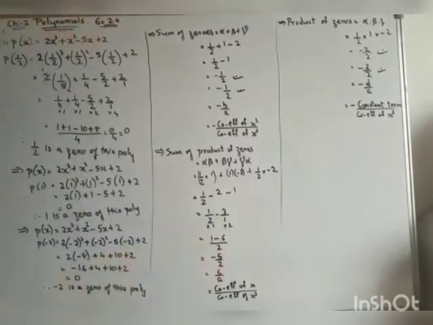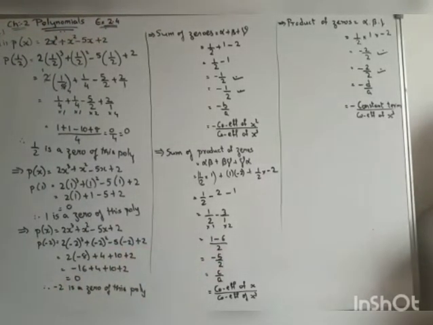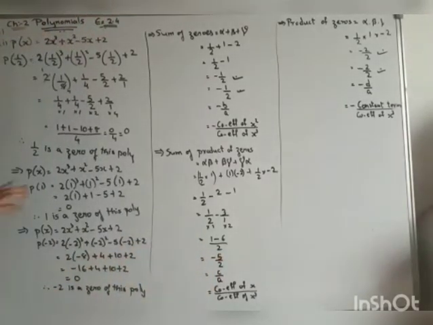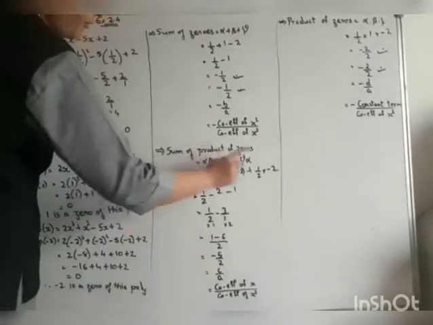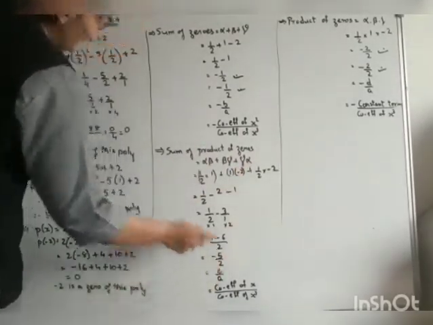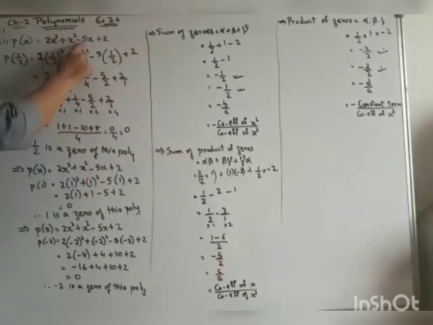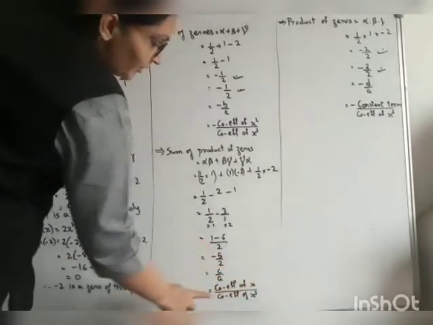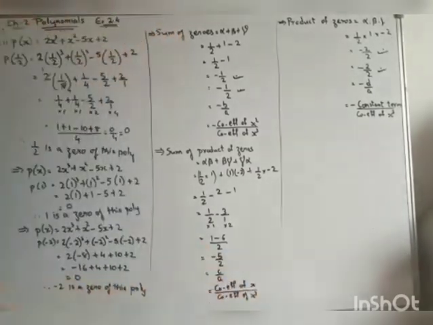Minus 5 by 2. Now children, we know that the sum of product of zeros is c upon a. Here you can see c is minus 5, a is 2. So minus 5 by 2, the same answer we are getting. That means whatever we have done is correct. So what will you write? The formula for the sum of product of zeros is c upon a. c means coefficient of x and a means coefficient of x cube. So we will write coefficient of x upon coefficient of x cube.